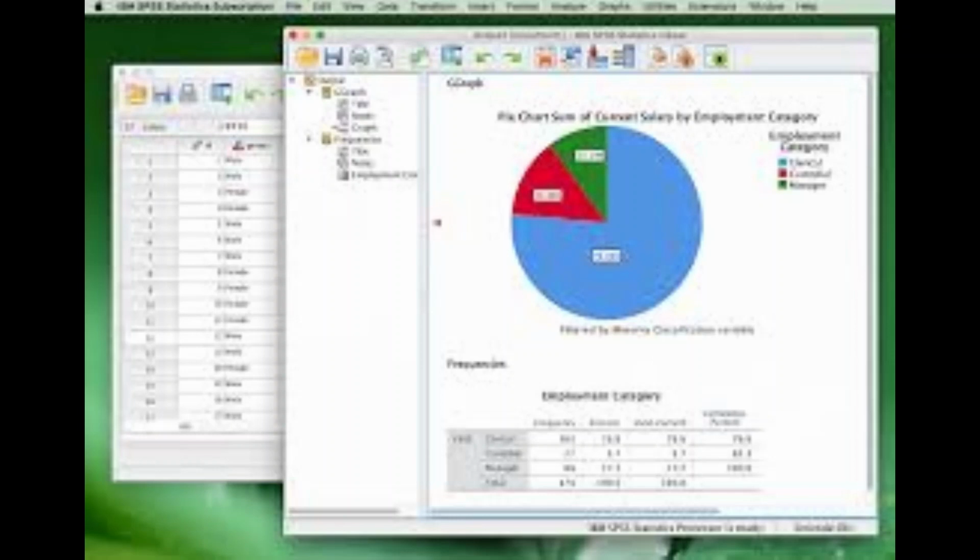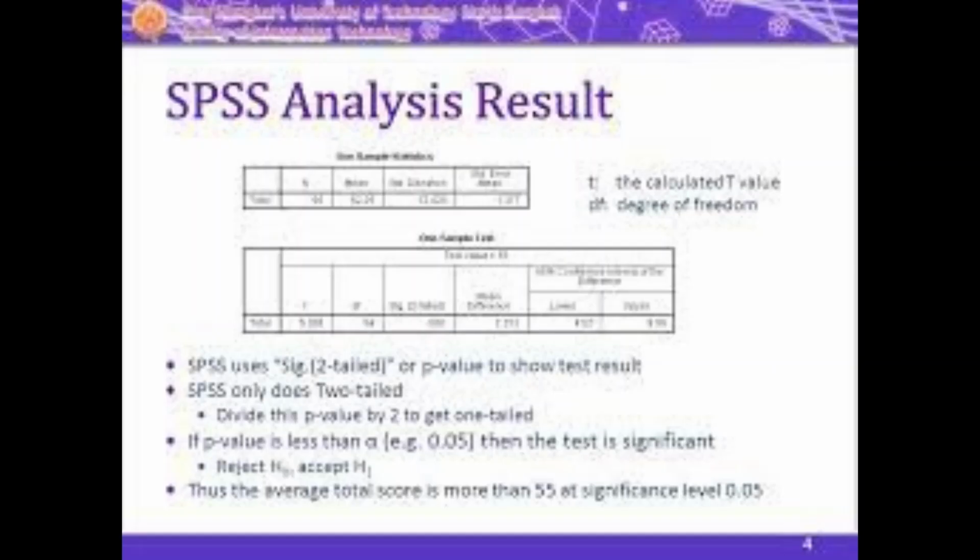Hypothesis testing. SPSS supports hypothesis testing by providing a user-friendly interface for conducting statistical tests. You can perform both parametric and non-parametric tests to determine the significance of relationships and